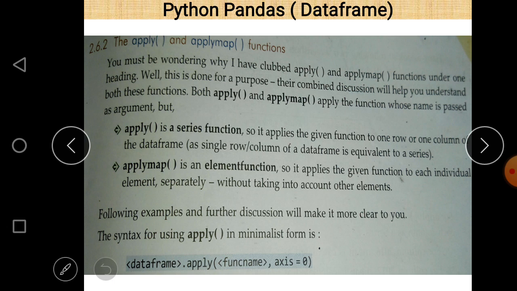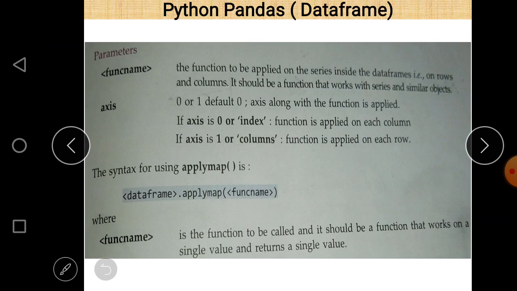One more thing: by default, the apply function selects axis 0, when we don't mention any axis. So it works on axis 0 when the apply function is implemented. Here is the syntax of the apply function.